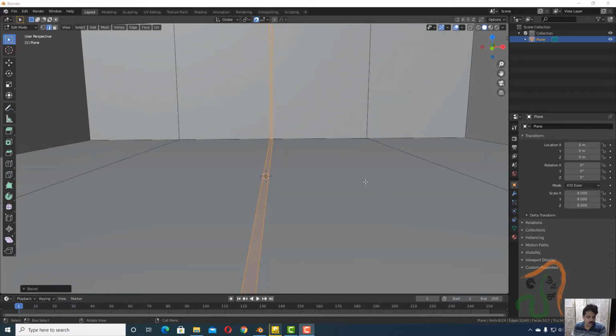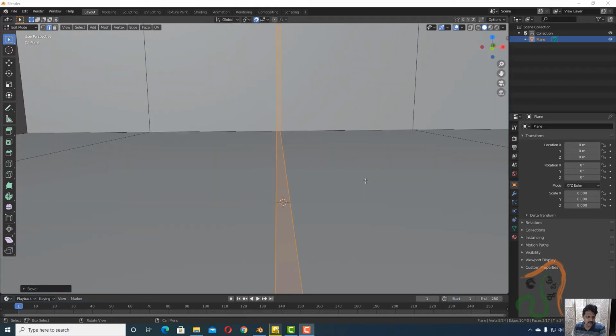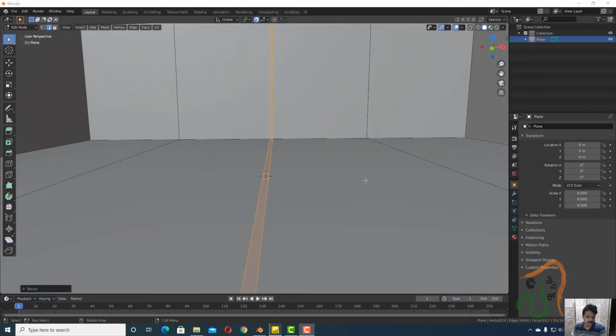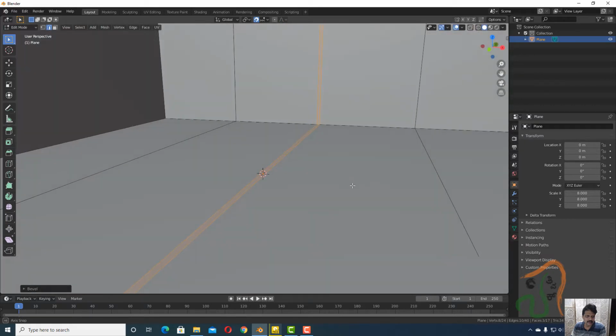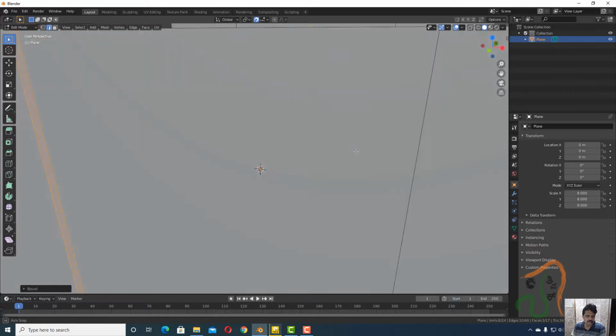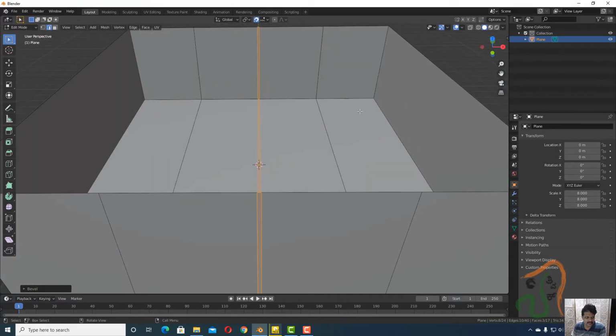Now next, let us zoom out a little like this. Let us zoom out and see it from the long view here. Okay, this is fine.